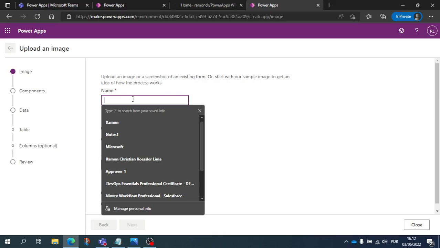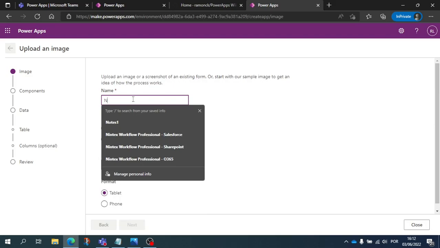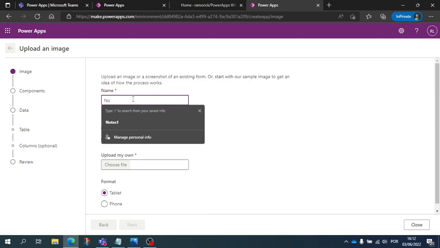Do remember that there are limitations around what you can use here. So you have 2 gigabytes of free storage, or up to 1 million rows, I believe. Those are the limitations with Dataverse for Teams.